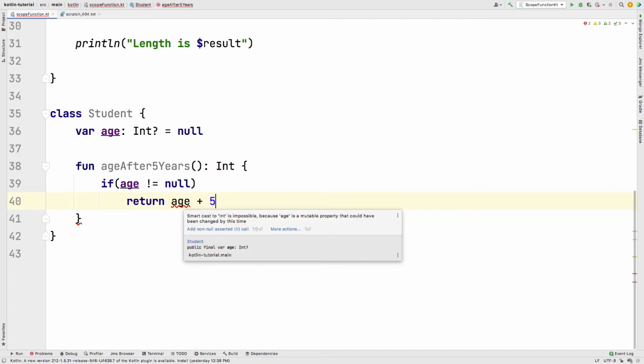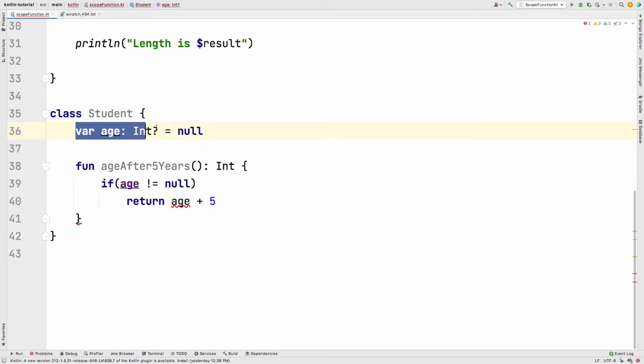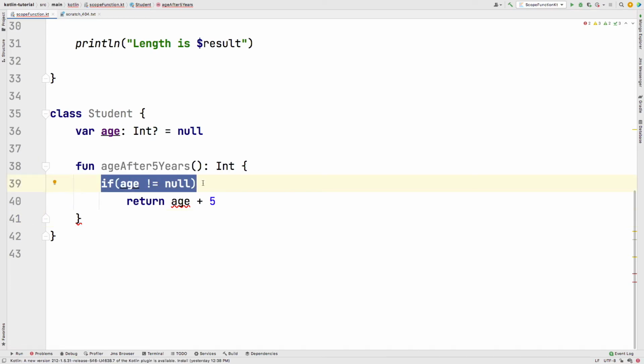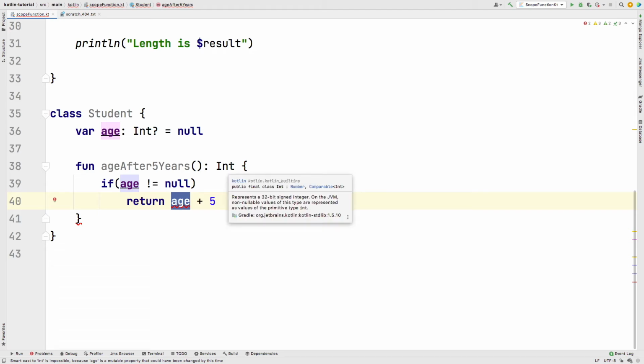So it says smart cast to Int is impossible because age is a mutable property that could have been changed by this time, which means we have declared this as a nullable Int, right? And inside this function, even after this null check, there is a possibility that this variable is changed by some other thread, right?